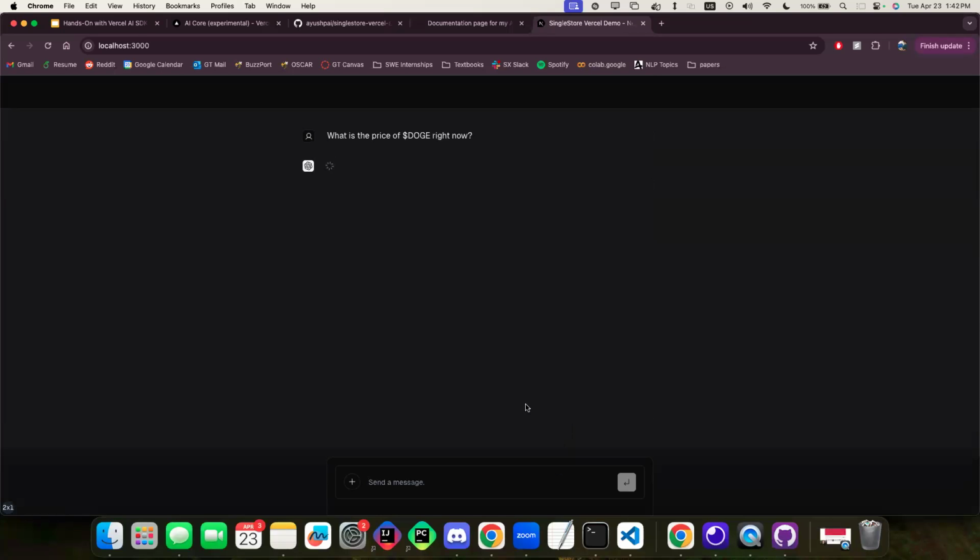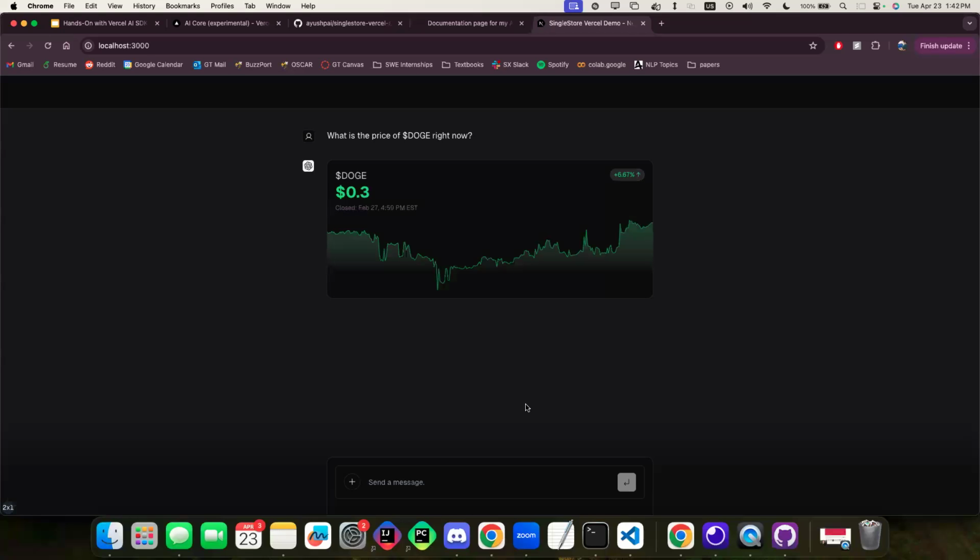Like, what is the price of Dogecoin right now? And essentially what it's going to do is generate this React component. And this React component we have predefined in our code base, but with all this, this graph here, and obviously this is not real data. We haven't looked this up with the real database, but it's pretty easy to do. You can just integrate it directly with any real-time stock portfolio analysis or any of these stock or cryptocurrency APIs that have real-time data about the stocks. But essentially here, right, we have this graph, and this graph is very customized towards specific data. And you can't really do that unless you have this pre-generated